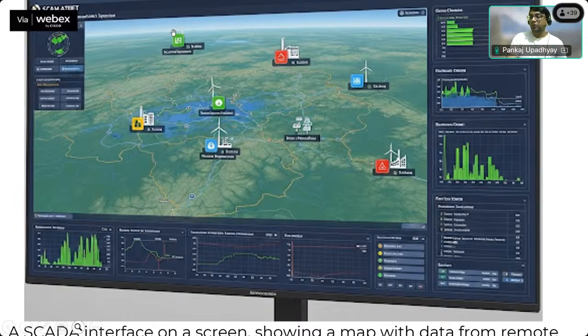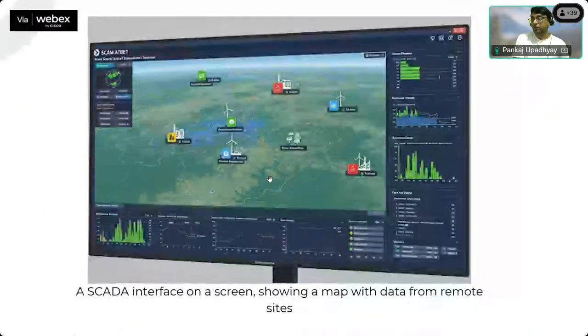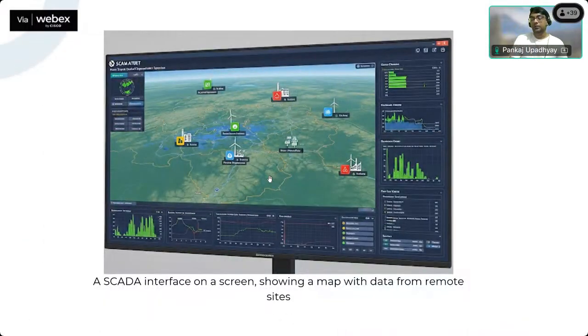You will be able to see your multiple plants, the functioning of those operations, the machinery function, how it's working, what the operation is, and whether there are any issues or not. You will see the voltage indication and power indication. You will see everything in a single panel view. That's why this technology is most important for a plant to run in a secure and efficient way. So this is one software, just for your understanding of what exactly the SCADA system interface looks like.